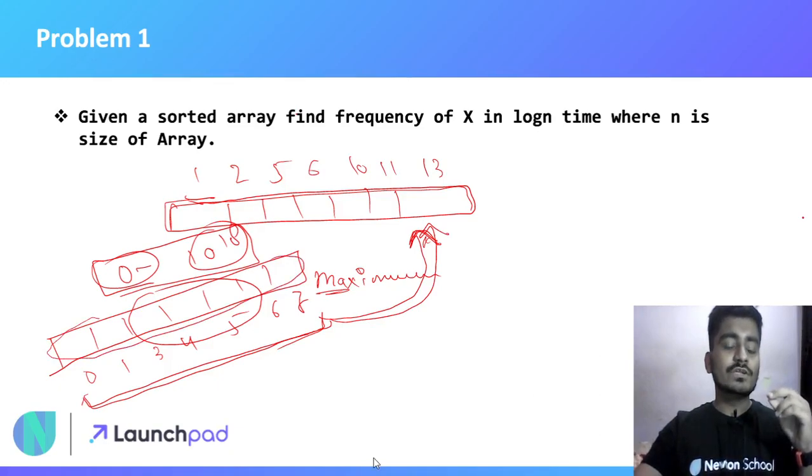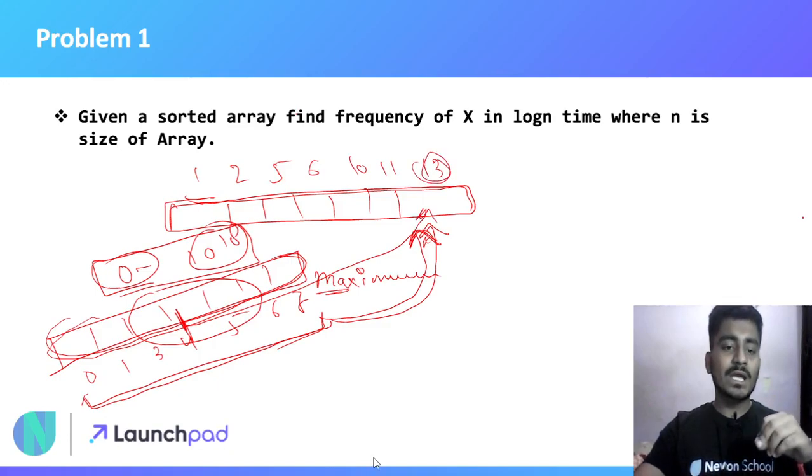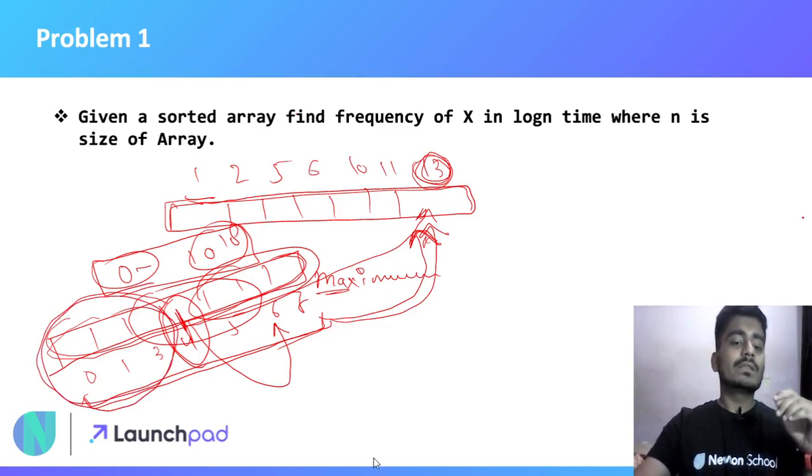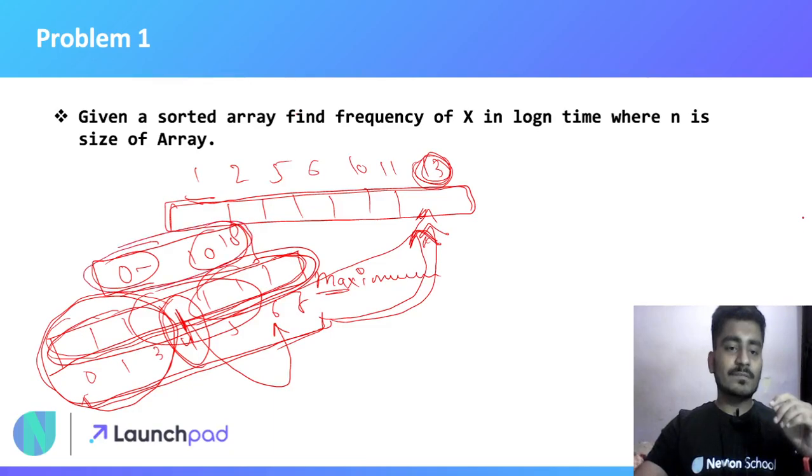How will you use binary search in this array? First you will compare at mid, whether it is smaller than the maximum element of this array. If it is, then you will search for some bigger element in the left half of the sub array. And if this element 4 is greater than your maximum element, then you will search for some element in the left half of the array. Now these were some given elements. You can also do this in some range.